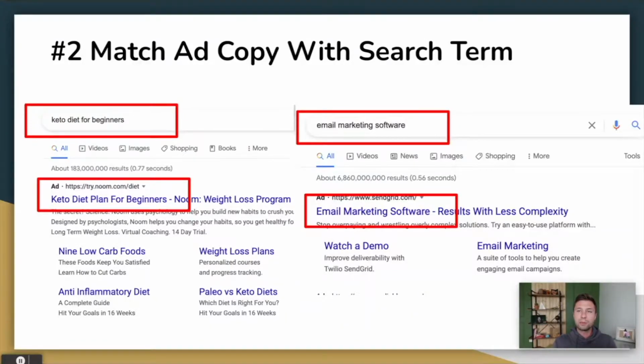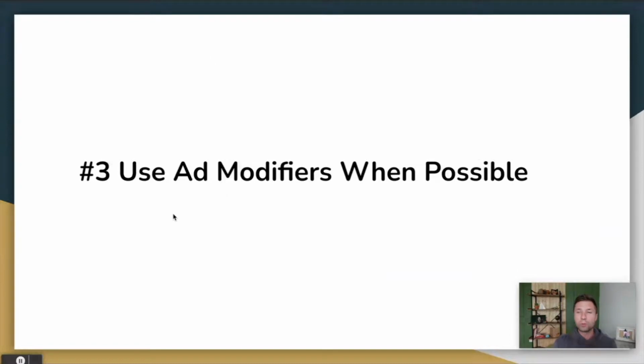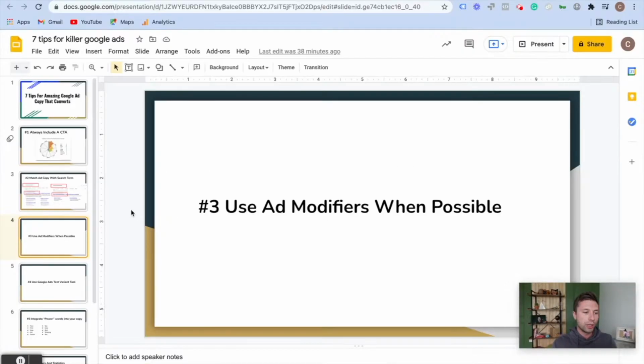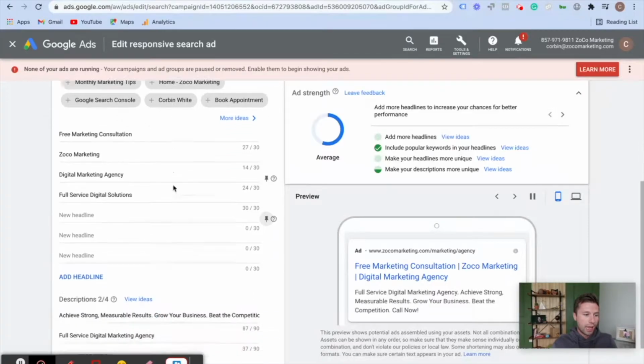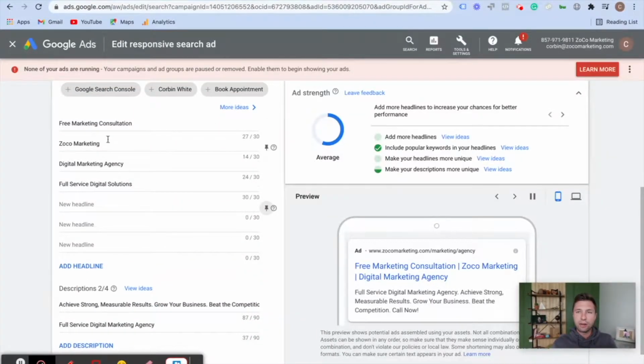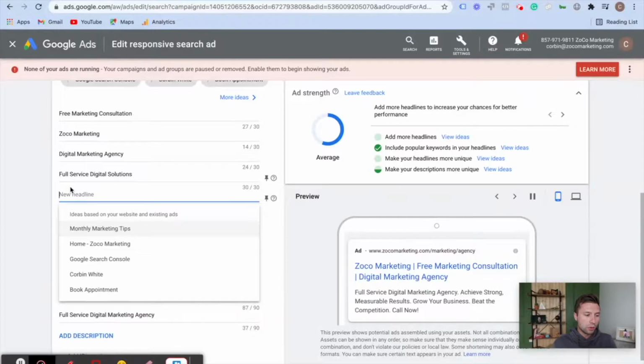And to help sometimes automate that process, or to make sure that you're almost always showing the search phrase in your ad headline, I recommend using ad modifiers, which is tip number 3: using ad modifiers when possible. Now, for those who aren't familiar with what ad modifiers are, I'm actually going to jump into a demo account here. And as you can see, we have this ad, and I have a couple of different headlines that are just standard headlines. But a lot of people don't know that if you click inside of here